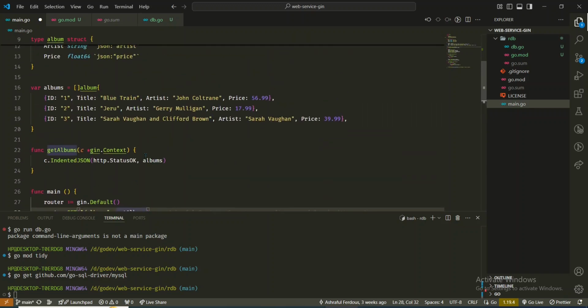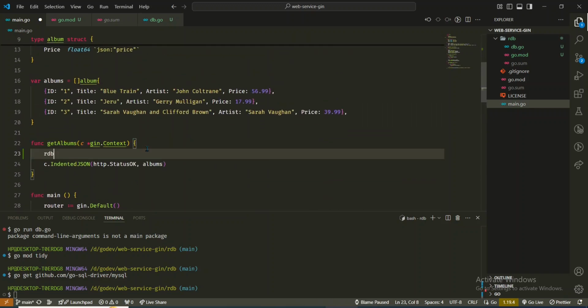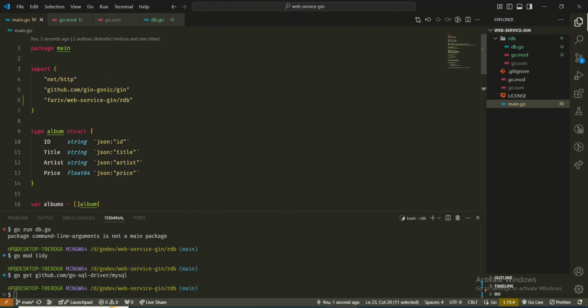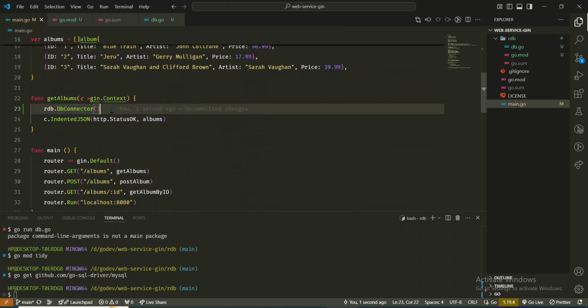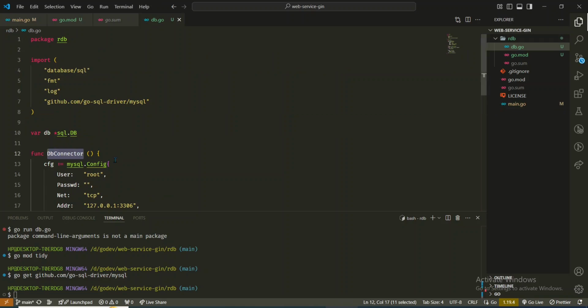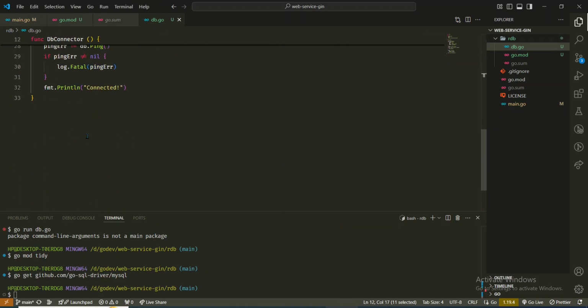Here is cat albums rdb dot db connector, and it should come from here, and then this function will,